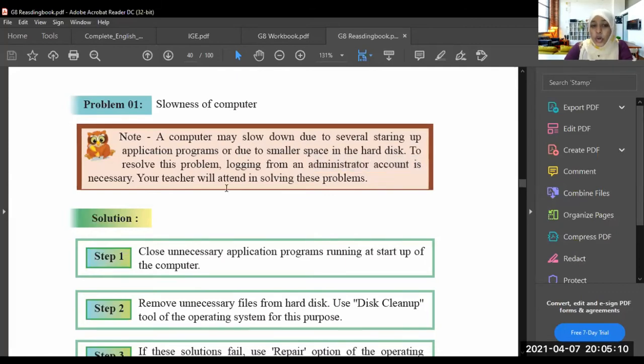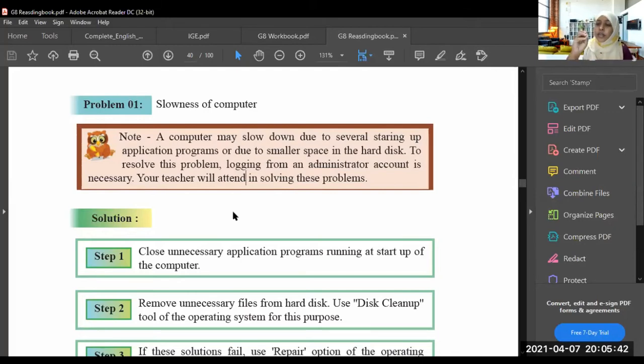Okay. Normally when some computers are starting, when it comes to the starting point and the desktop appears, some software is opening in the background. For example, Zoom is opening automatically, PowerPoint is opening automatically, Word is opening automatically. All these things are happening in the background of the computer.